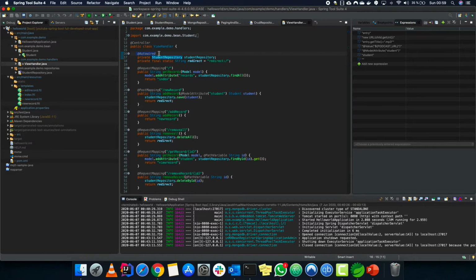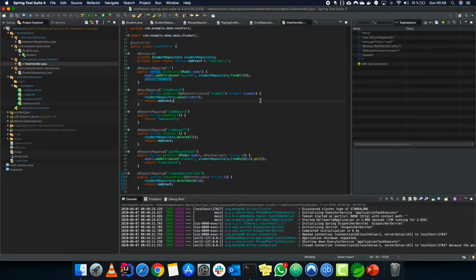Afterwards, we have created a simple string variable and provided the value of redirect. We'll be using it as an index page redirecting path. Whenever we want to redirect to the index page, we'll just call this particular variable and that's it. Now we have multiple methods.